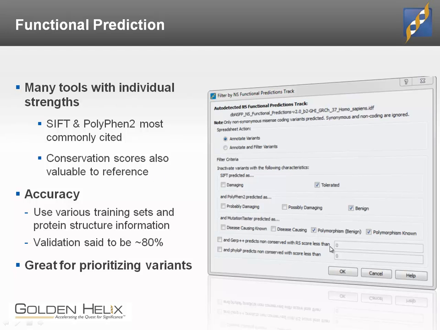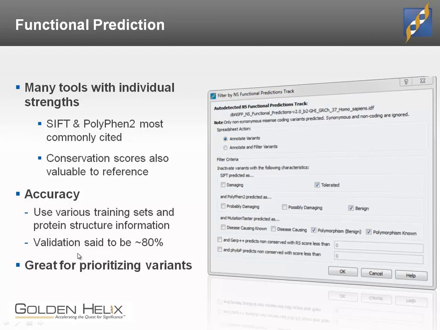And you also have things like conservation scores letting you know if a single base is highly conserved across mammalian species. And one thing to note, though, is that these are very complex, systems biology level pieces of information we're trying to integrate to make these predictions, and they're just simply not going to be 100% accurate.